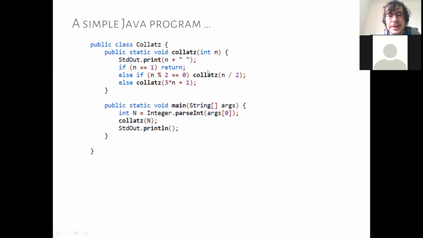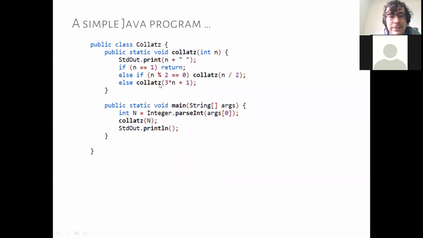So what it does is effectively it has three parts here. First of all, it will halt or return if n is equal to 1. So once we reach 1, we stop. Otherwise, if n is divisible by 2, if it's even, then we call the function on itself dividing n by 2. So if n were 4 here at the start, then it will call itself with 2 in the next step. Or if we were 16, it will call itself with 8 and so forth. Or if we're 6, it will call itself with 3.